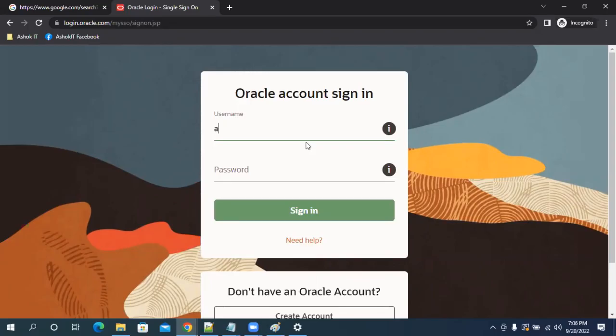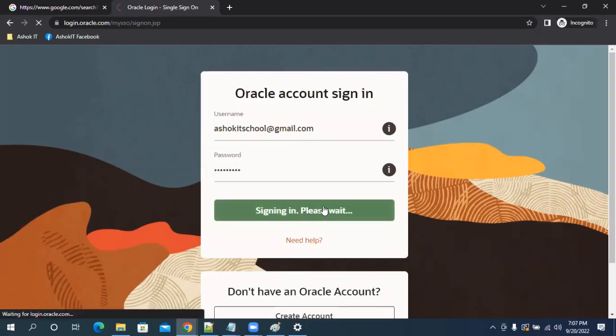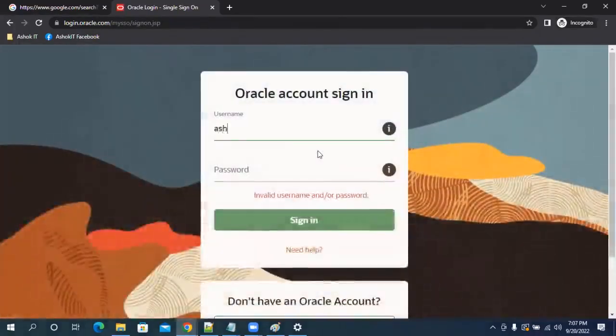Let me try to enter my details. My email ID. I think I have an account. Let me try with that. No. I have an account, maybe I forgot the password.